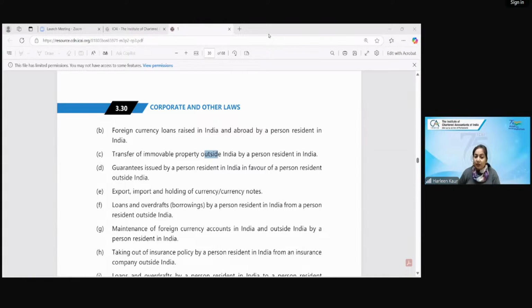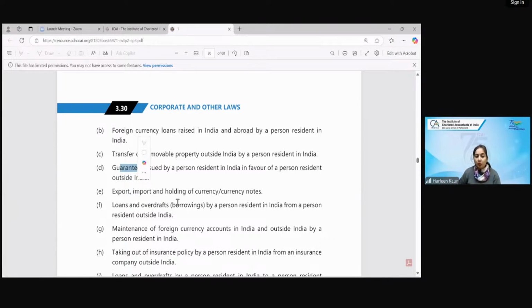Yes, child, Swati, in that case also no approval is required. It is the same for PRII and PROI. In the definition of capital account, you don't need the proof. So this guarantee point is very important because here contingent liability is involved, because contingency will arise only if Mr. X fails to repay the loan amount. Then I have given the guarantee, I will have to pay. So this is the contingent liability and I am a PRI. So it is a capital account transaction.